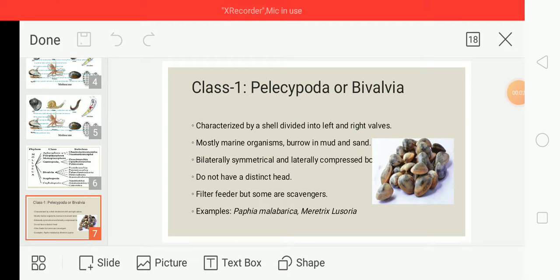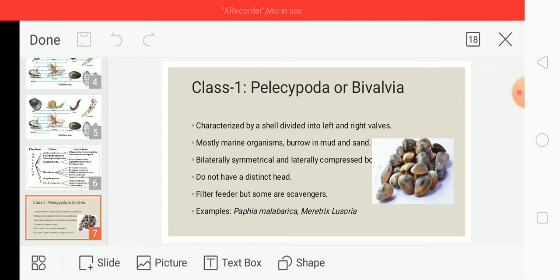In today's lecture, we are going to study the classification of phylum Mollusca. The phylum Mollusca is divided into 7 classes based on the type or number of their shells, or covering. The first class is the class Pelecypoda, now also called the